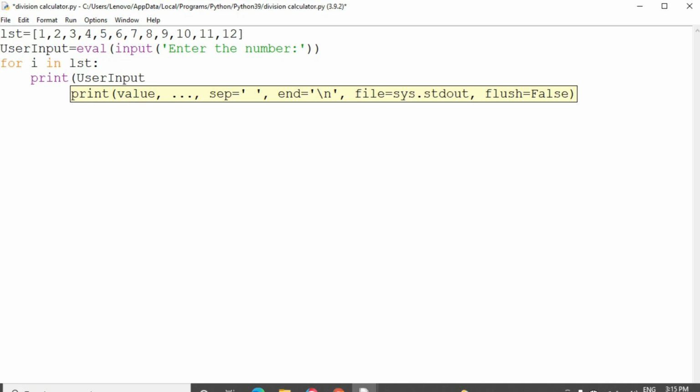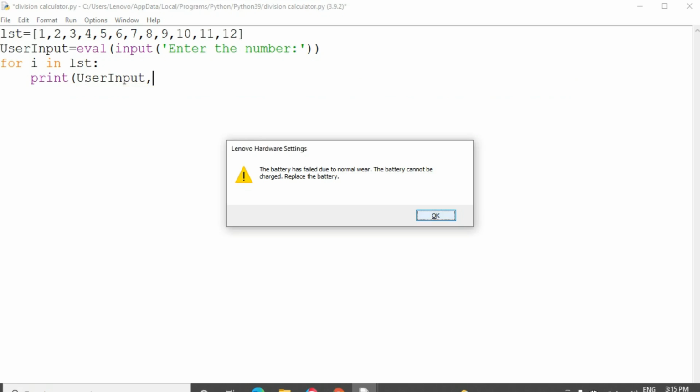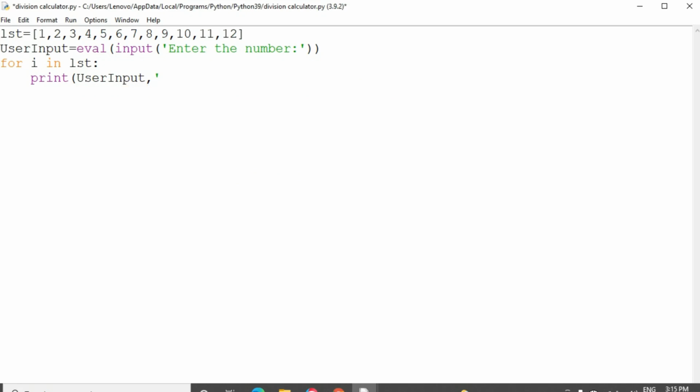First our value will be the user input. Whatever number the user gives, that number should print first. Then the slash, which is nothing but the division operation. Then the next one is i, the elements which are present in the list.